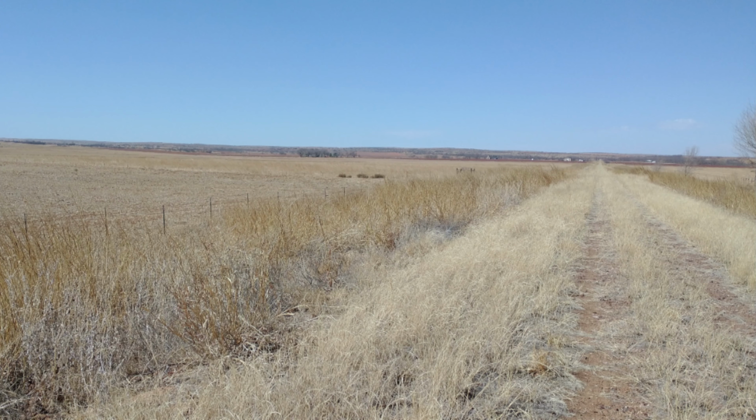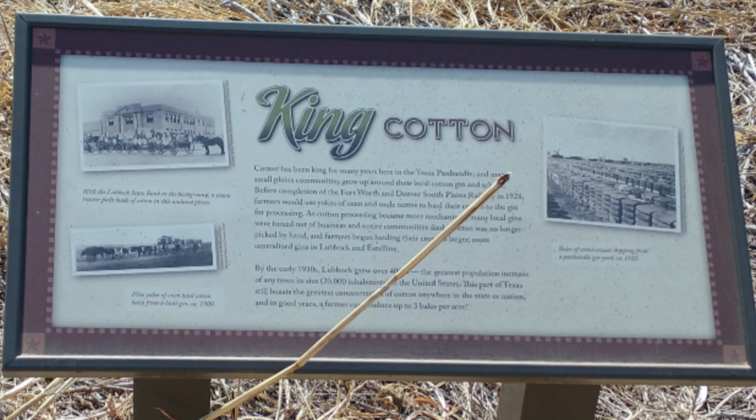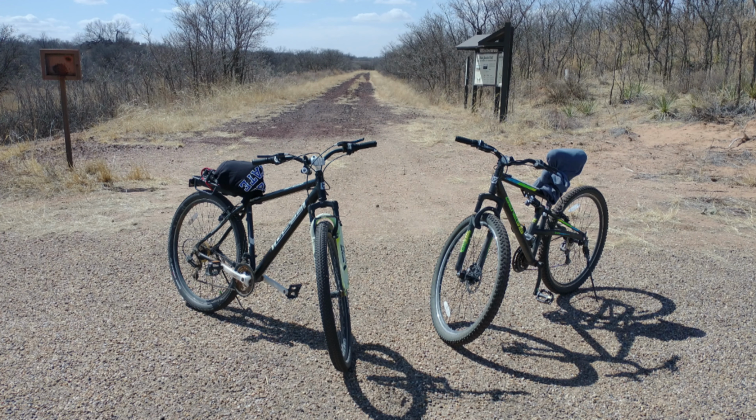And we continued on. Now we're back into cotton fields again. And if you notice, we don't have many pictures from this time because we were trying to get through before the wind hit. We didn't want to do those 30-mile-an-hour headwinds. So we made it through the cotton fields, and we finally made it to the end, 64.5 miles, 48 hours later,